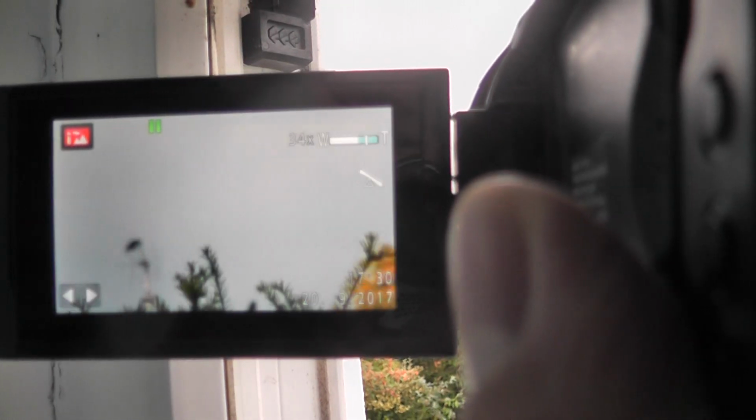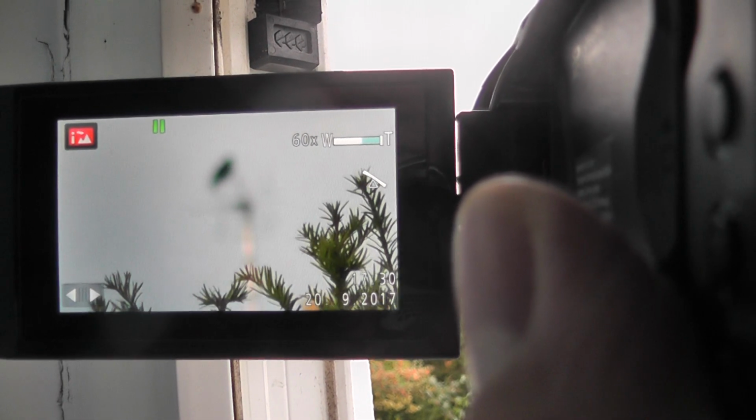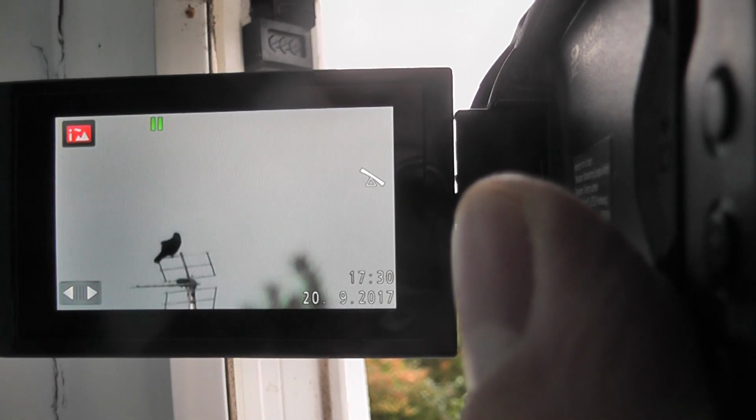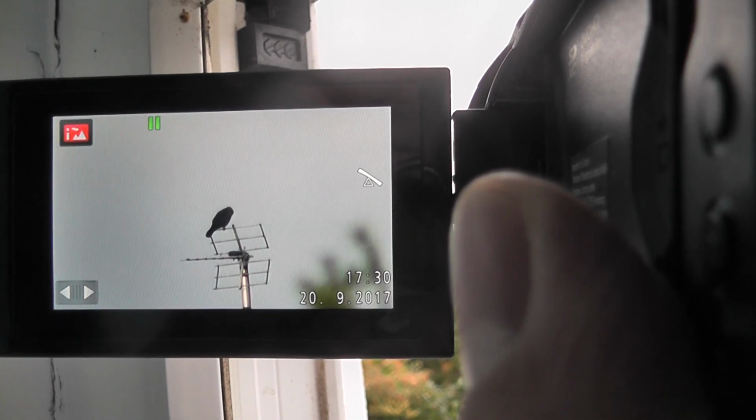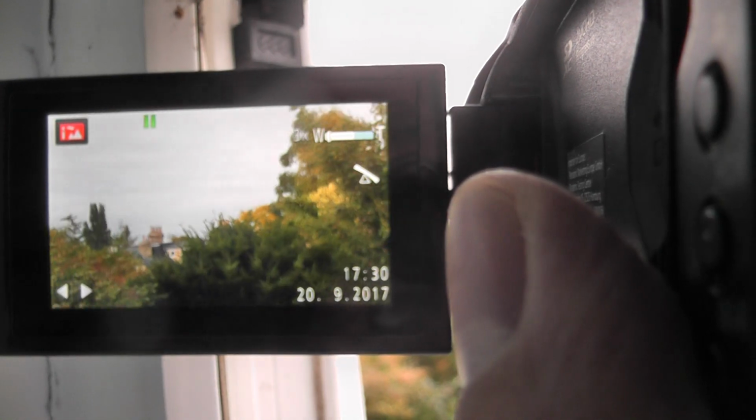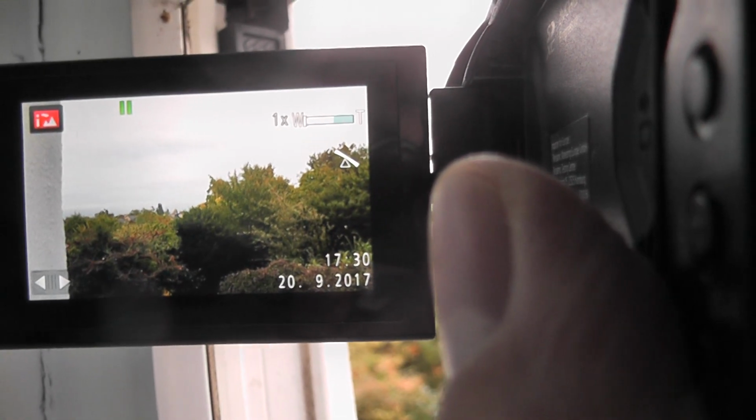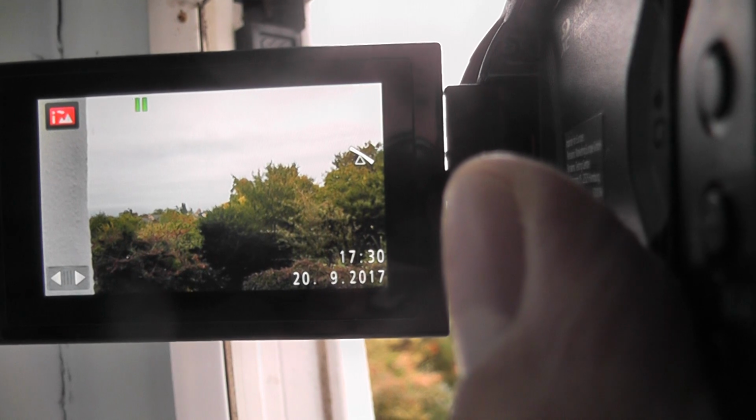And just to give you an idea, I would estimate... Oh, there's a bird. Let's do that instead, if I can get it in focus. It's some kind of crow. Right, if I zoom out, I would estimate that's got to be, I don't know, 150, 200 meters away. So right, last thing to do